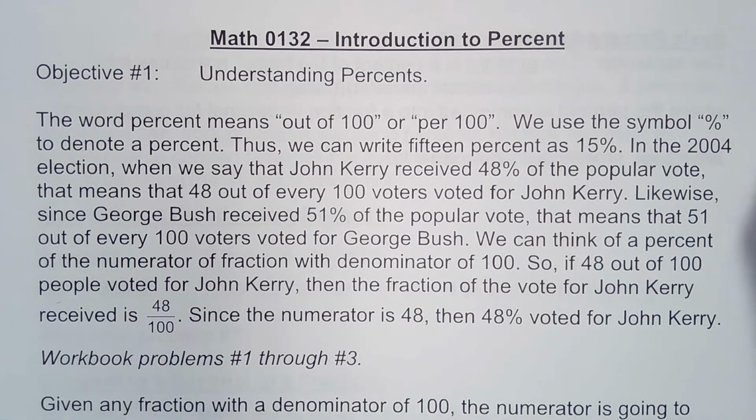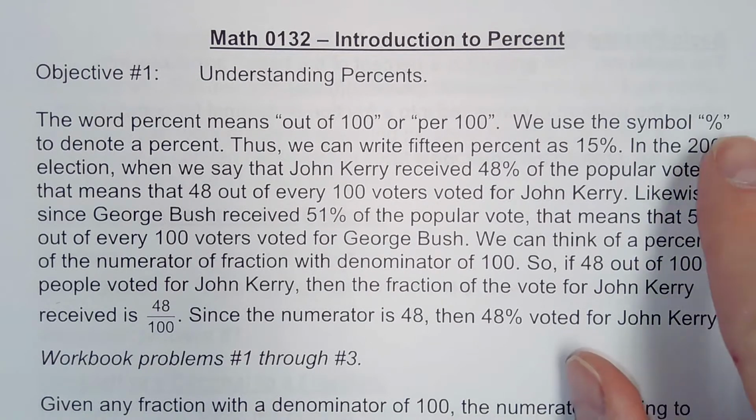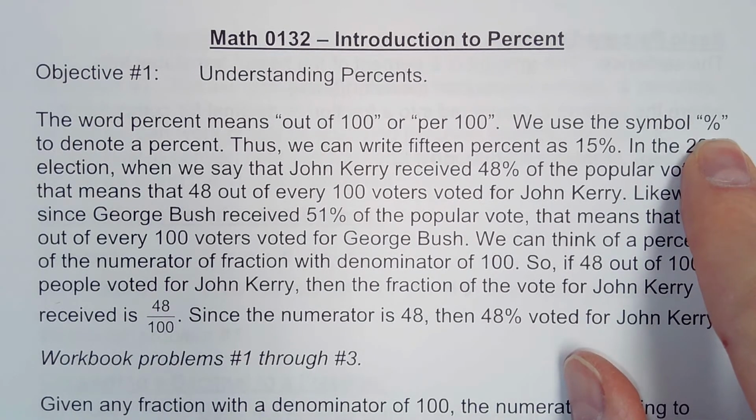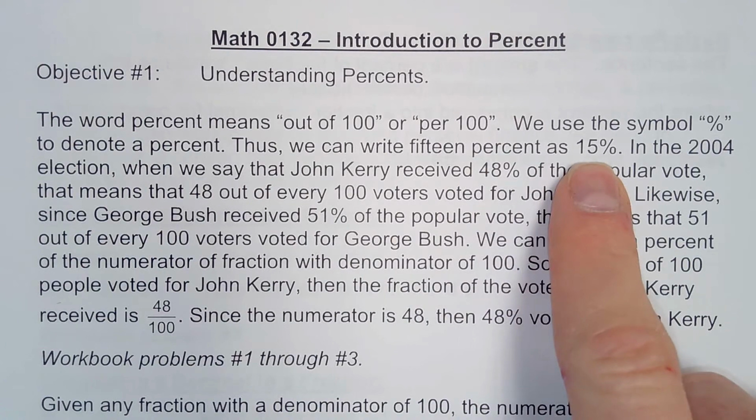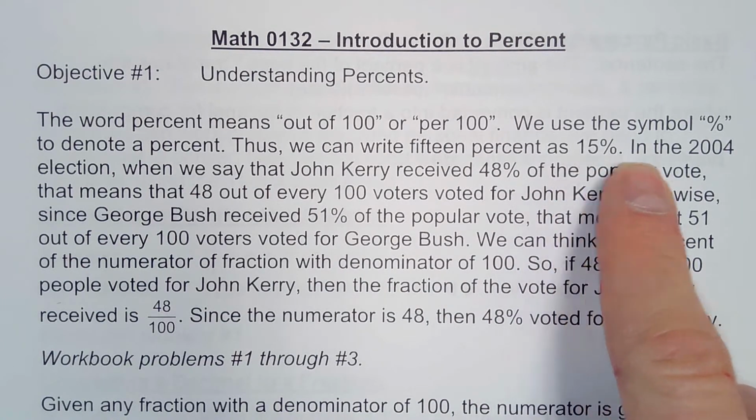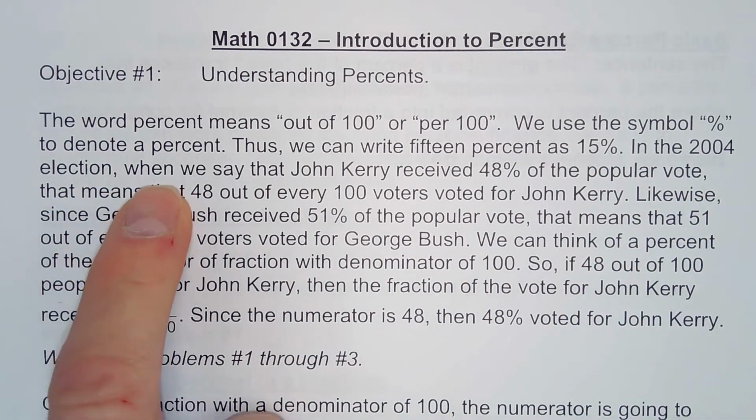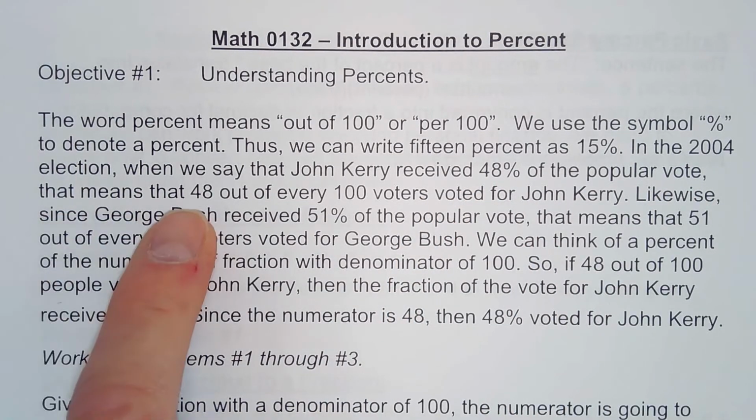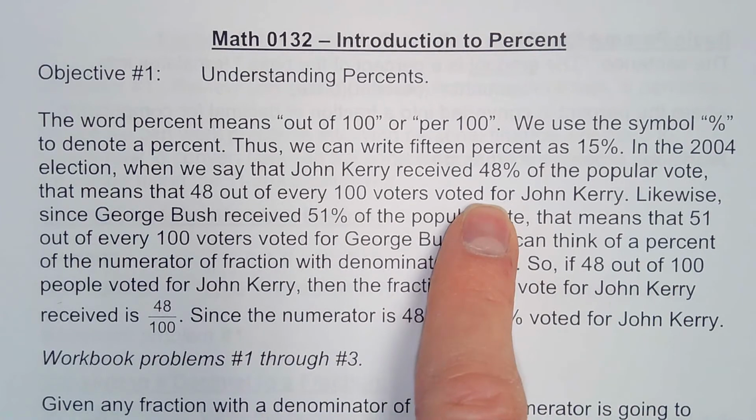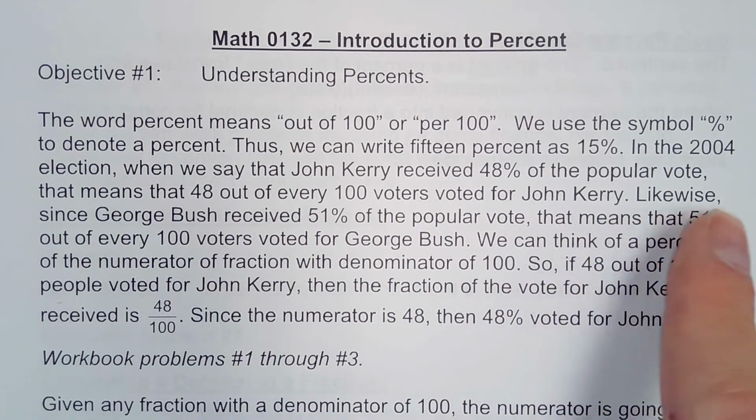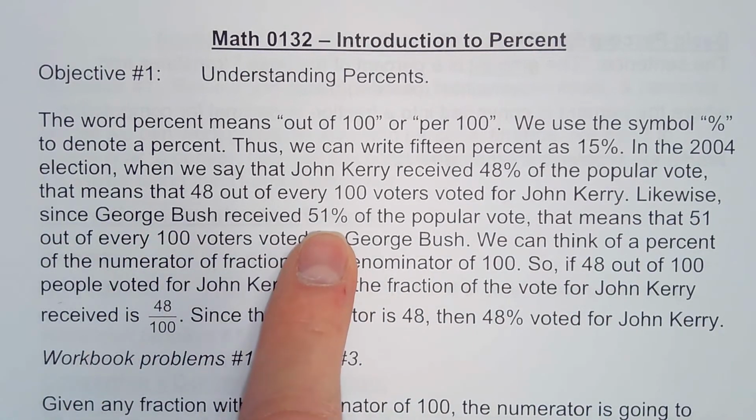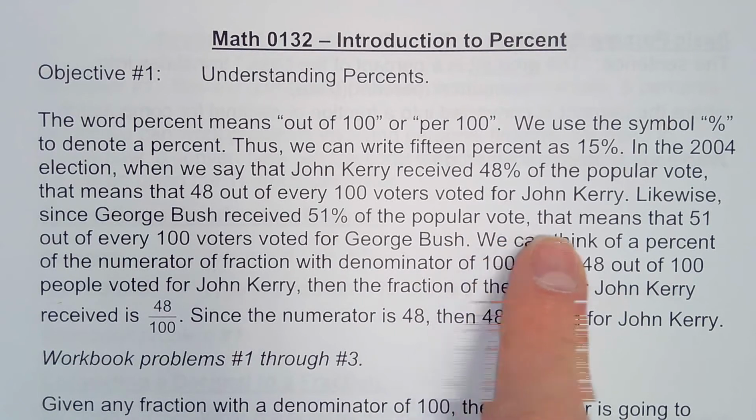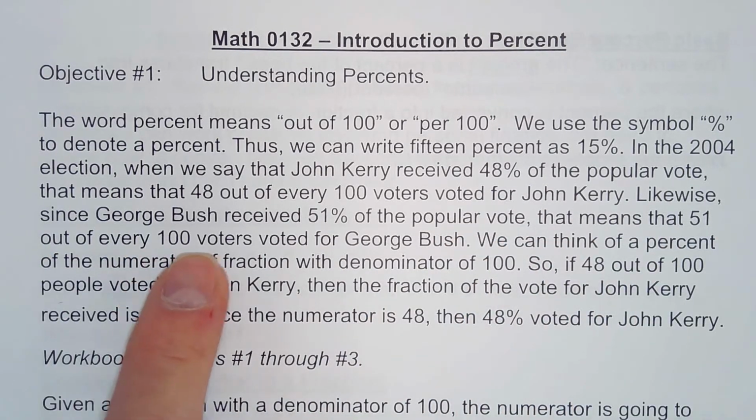The word percent means out of 100 or per 100. This is the symbol we use to show percent. Thus, we can write 15% this way. In the 2004 election, when we say that John Kerry received 48% of the popular vote, that means 48 out of every 100 voters voted for John Kerry. Likewise, since George Bush received 51% of the popular vote, that means 51 out of every 100 voters voted for